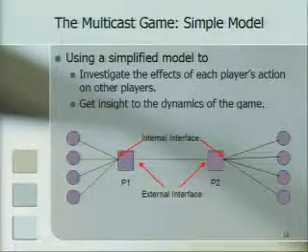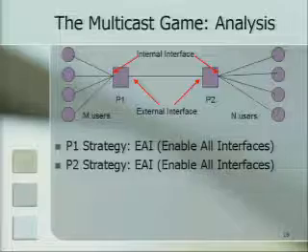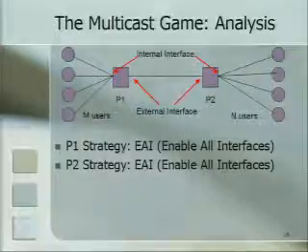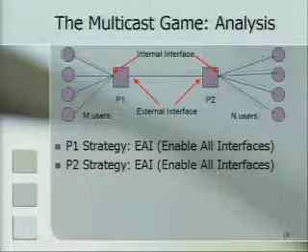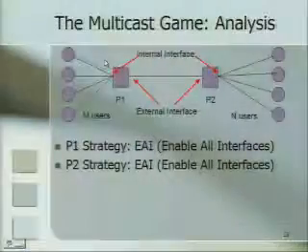In this presentation, we're looking at a very simple model, with two routers and a set of users directly connected to each router. First, let's look at the first strategy and see what the costs are for each user. All these circles are users, and the one up left is the source.